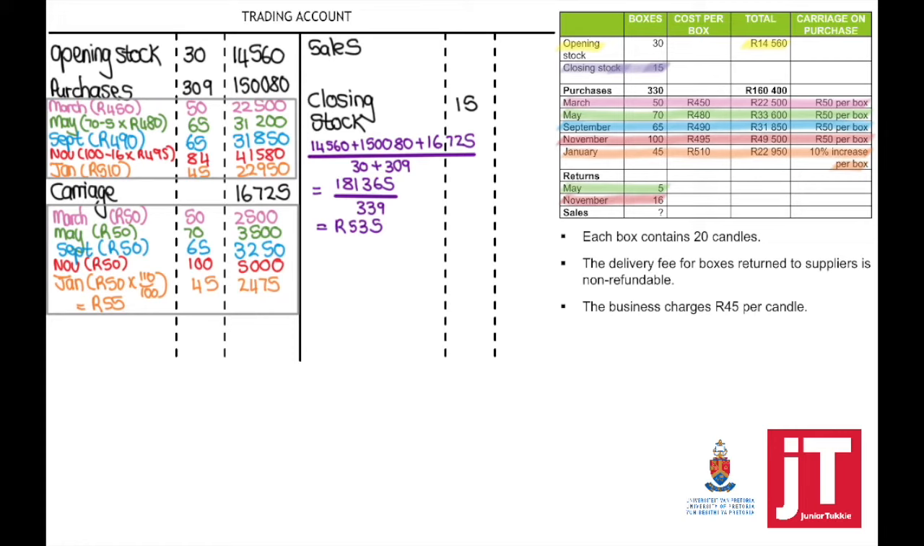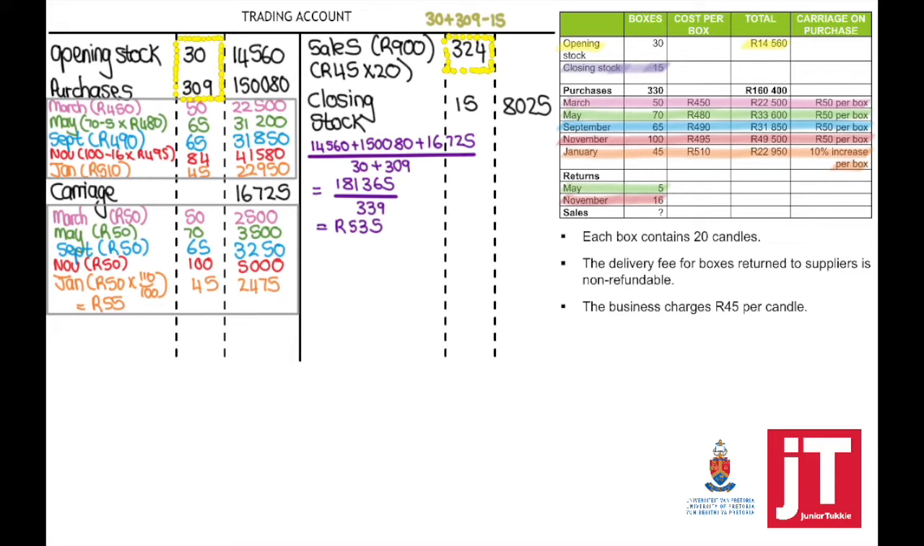Now to work out the value of our closing stock. Using the weighted average means we need to take the opening stock plus the net purchases plus the total carriage divided by 30, the number of units, plus 309. And that equals the average price. To calculate the value of our closing stock, now take 15 times the average price. And that equals